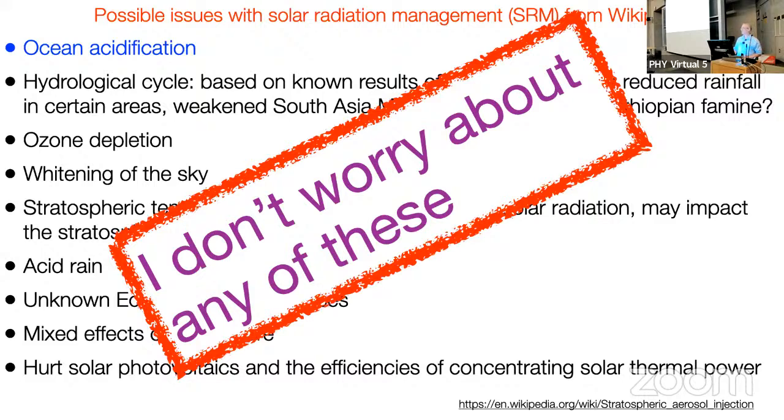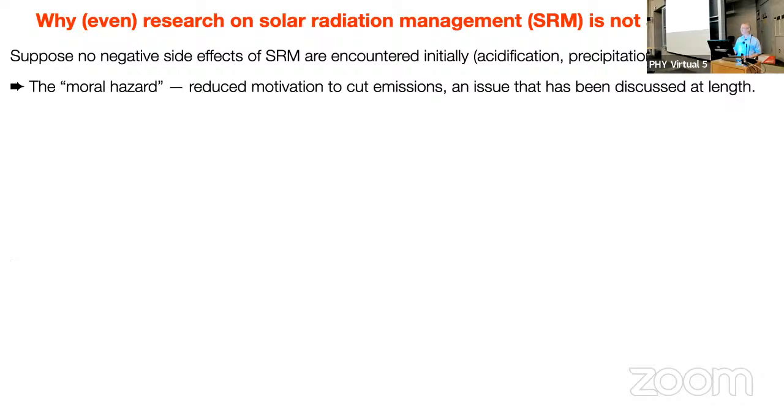So let me tell you what I think is the problem. And people think about it as the moral hazard. It's not that I have something very, very new to tell you, right? It's just a version of the moral hazard. So what is the moral hazard? It's the idea that if you now have this solution of sulfate aerosols or some other aerosols in the stratosphere, you don't have as much motivation to reduce emissions. And therefore, it will keep building up more and more CO2 in the atmosphere, and will keep building up more and more sulfate aerosols or some other aerosols.